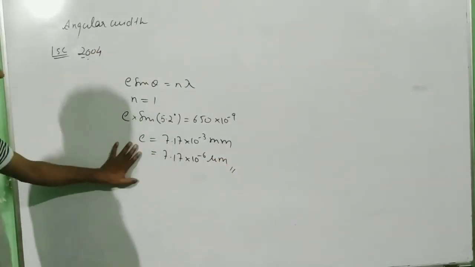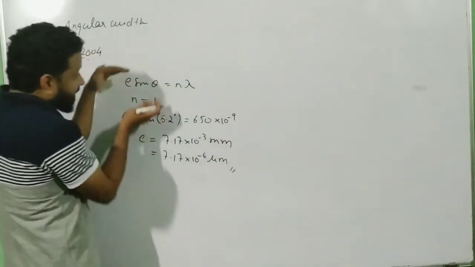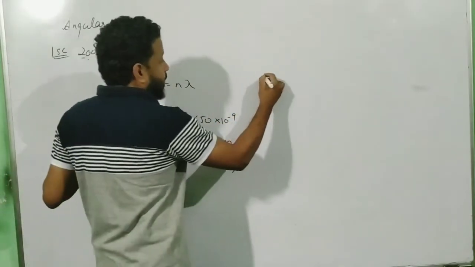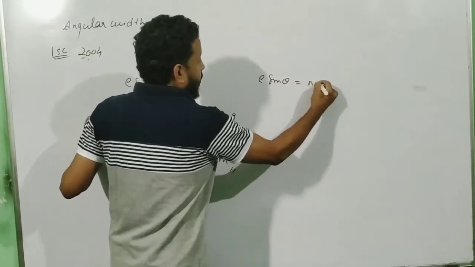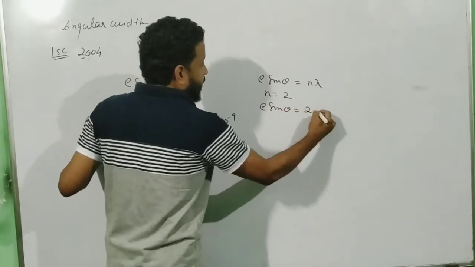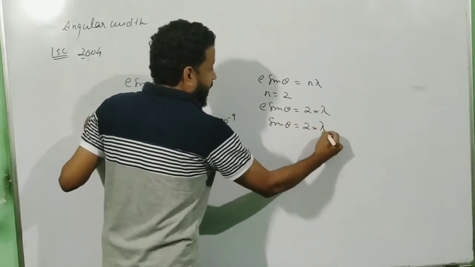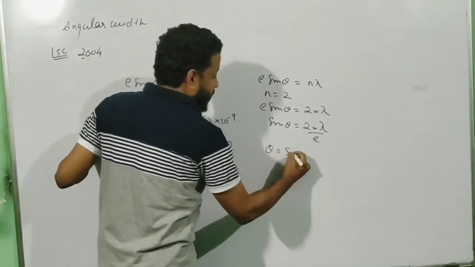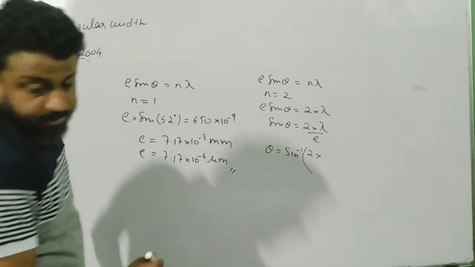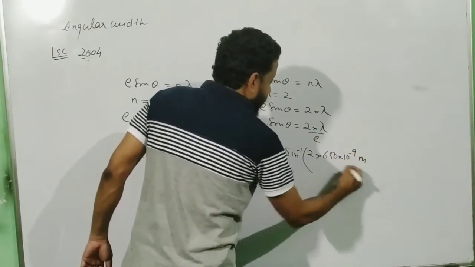Now you know the value of e, and they are asking you to find the angular position of the second minimum. So first, data was given to you to find the value of e. Now, with the help of e, you are going to find the value of theta for your second minima. So for n equal to 2, e sin theta is equal to 2 lambda, and hence sin theta will be equal to 2 lambda divided by e, and theta will be equal to sin inverse of 2 into 650 into 10 power minus 9 meter divided by